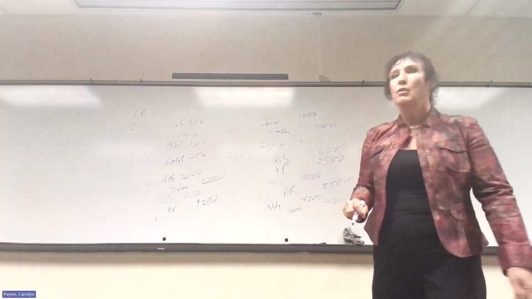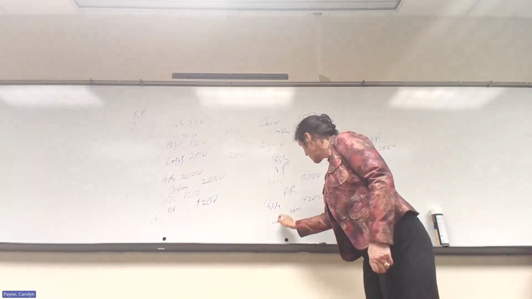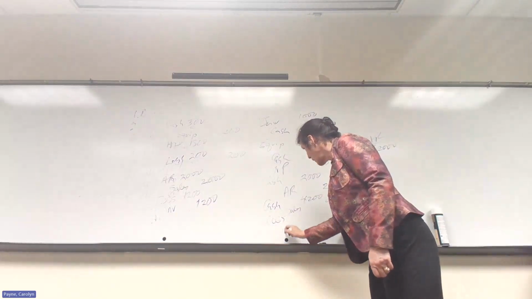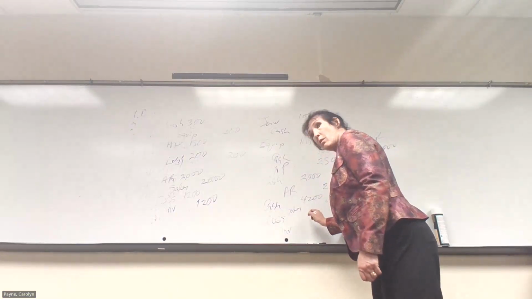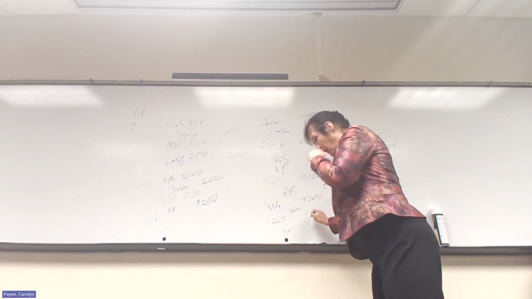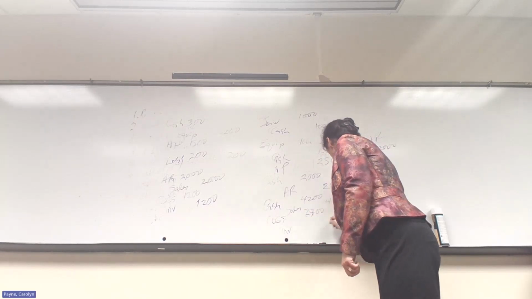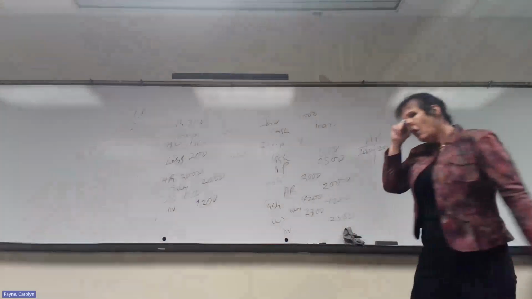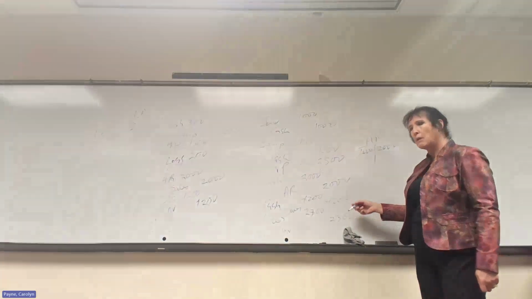What's the rest of it? Debit cost of goods sold. Good. Debit cost of goods sold, credit inventory for 2,300. And I always like to tell students that if you're using a perpetual inventory system, when you